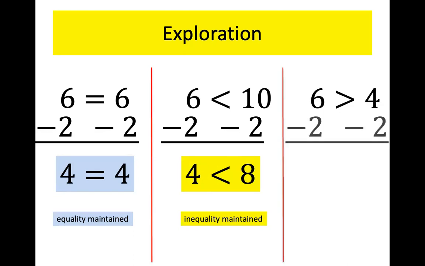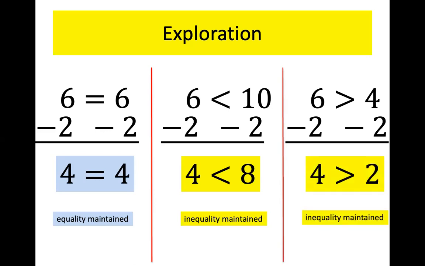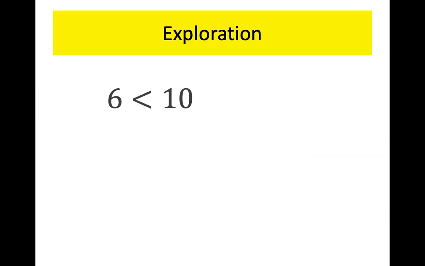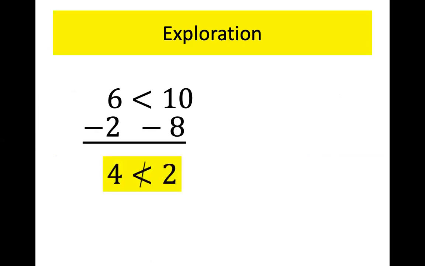Well, let's see. Let's subtract 2 from both sides. And yes, inequality is maintained as well. The main point here is that no matter what the inequality, you are allowed to subtract the same thing from both sides. Life still remains good. All right. Would that work for addition? So I'm showing here if we don't subtract the same thing from both sides, notice we wind up with a truly false statement. 4 is not smaller than 2. Okay, so as long as you subtract the same thing from both sides,